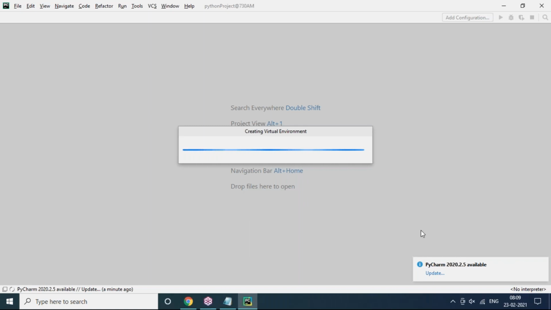After creating a new project in the PyCharm editor, you will get this look and feel while creating the virtual environment. It takes a few seconds to create a virtual environment for a new project. Once you create a new project, you will get one default program, that is the main program.